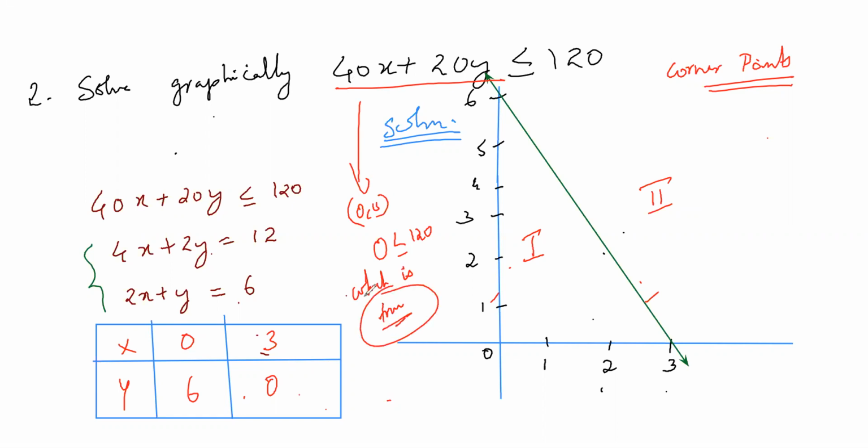0 is less than 12, it is true only. It is less than or equal to, it is not 'and', it is 'or'. So again, the important thing: if it is true, we will shade it on the left hand side of the plane. One is the right hand side, the other is the left hand side. So I'm going to shade this particular part here.